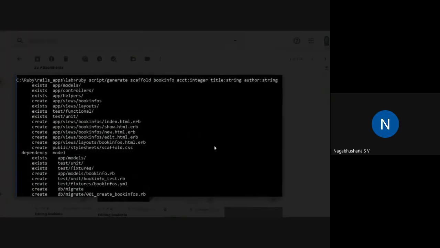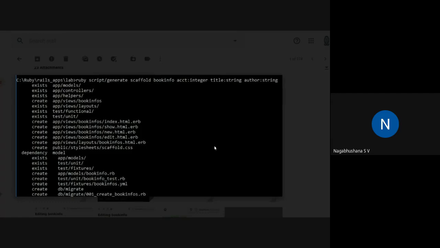Now I am creating a table by the name book info. Book info is the name of a table, and scaffold is a utility to connect and display this MVC architecture, and it ensures that all kinds of typical database connections will be formed here. You can see index.html, show.html, new.html, edit.html.